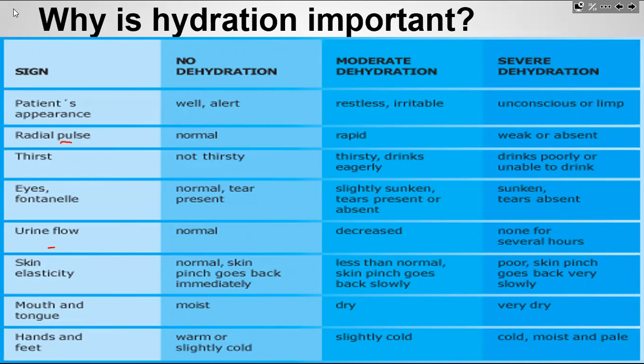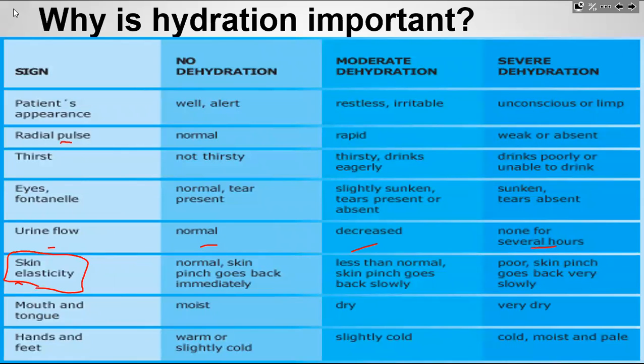Obviously, urine flow, yeah, that makes sense. Have any of you ever used this as a way to tell if you're dehydrated or not? Skin elasticity. Typically, if you take the back of your hand, around your wrist, and pinch the skin, it should go straight back. Try it real quick. Pull up some skin, let it go, and it should return real quick.